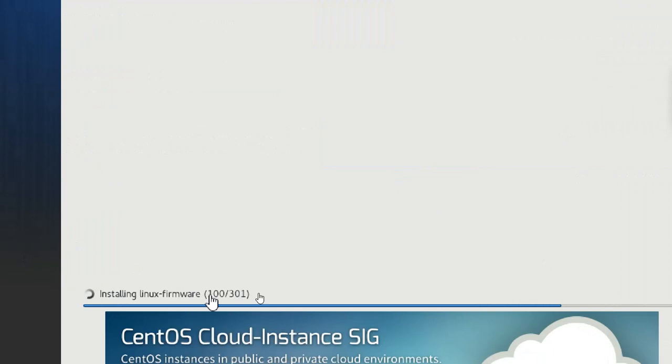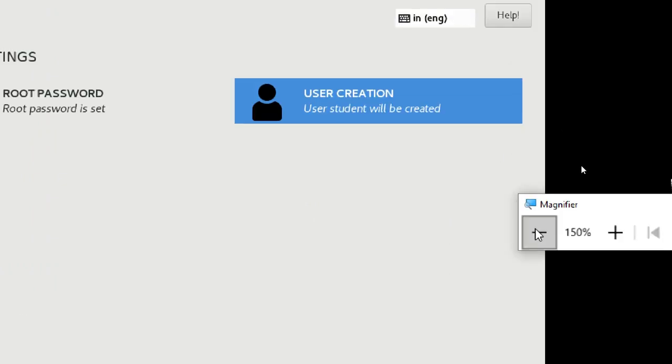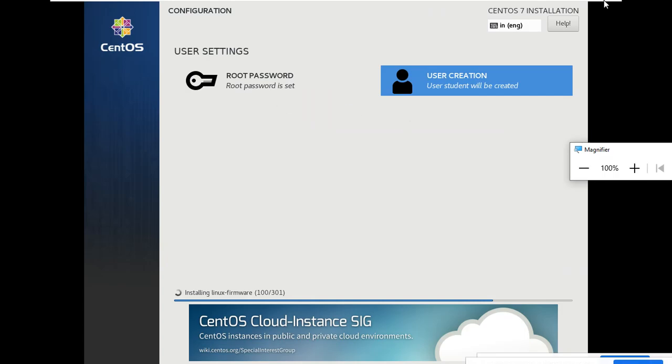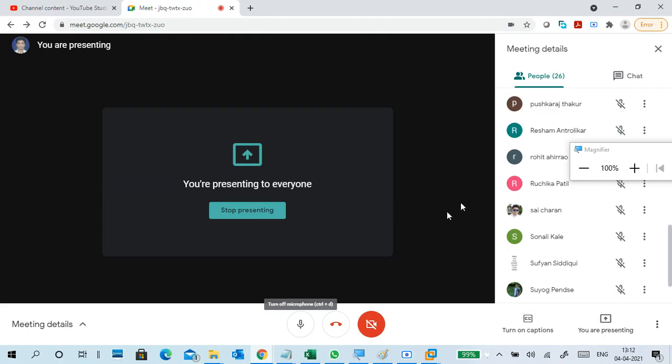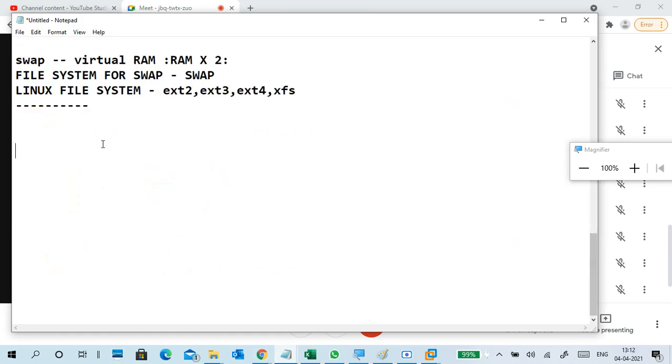Now it is downloading and installing one by one. It's almost 301 packages only, because it's a normal version. It will take time. Okay, better to note down the passwords you gave also. What password I gave: root is a user and the password is admin@123 here. And I also created student as a user.